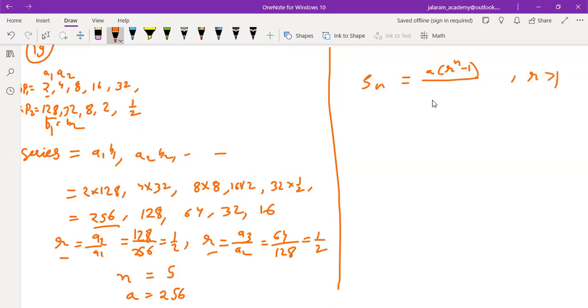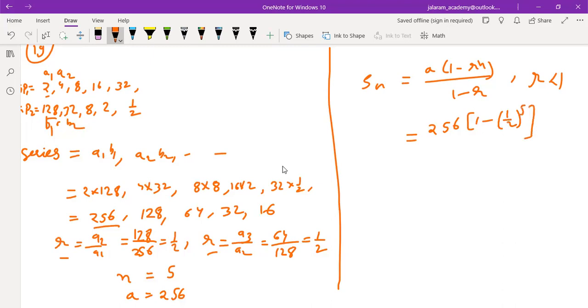over r minus 1, when r is greater than 1. But when r is less than 1, this formula will not work, and here r is half, means less than 1. So when r is less than 1, we use the formula A into 1 minus r to the power n over 1 minus r. Now A, the first term, is 256, into 1 minus half, value of n is 5. We have to find the sum up to 5 terms, only 5 terms are given, over 1 minus half